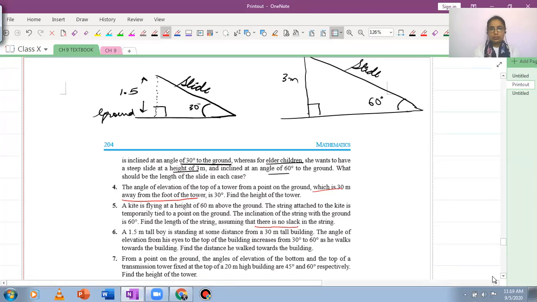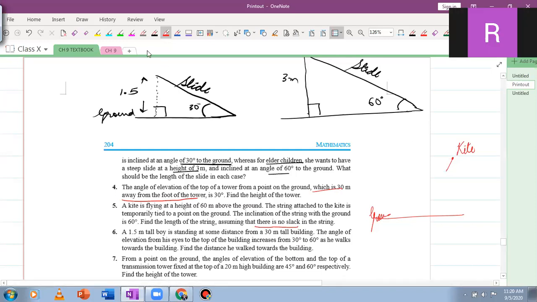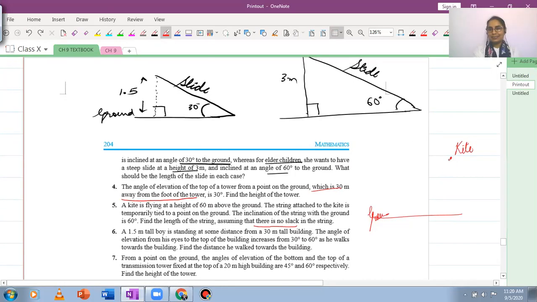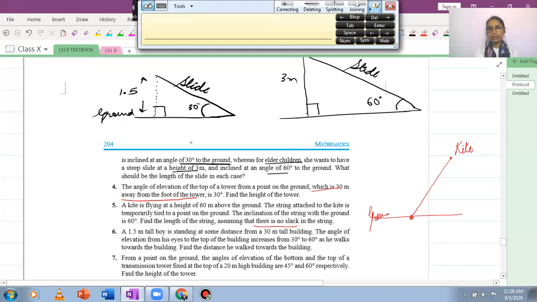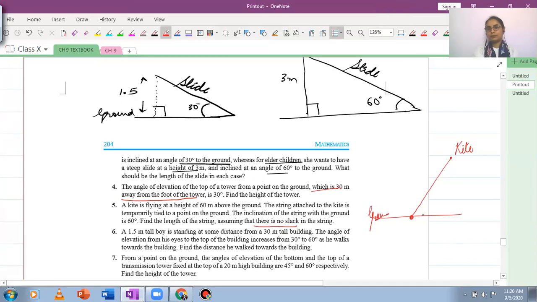And after this, let's just represent it in the form of, thank you, Sahaj. Let's just roughly draw the figure for this one. So let us say that we have the ground level and the kite is somewhere here. The string that connects the kite to the person who's flying the kite actually has been attached to a point on the ground, which actually is not possible. You cannot attach the string to a point. So supposedly here we attached it at a point on the ground. Let's name the point as C, and the position of the kite as A.